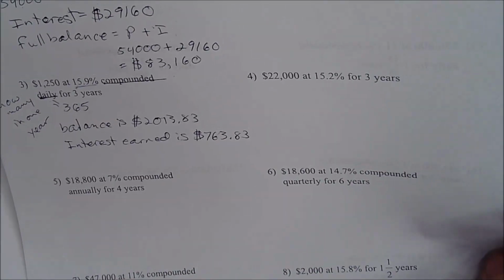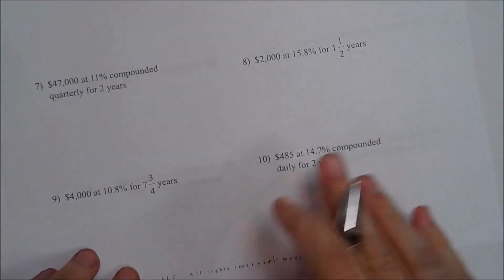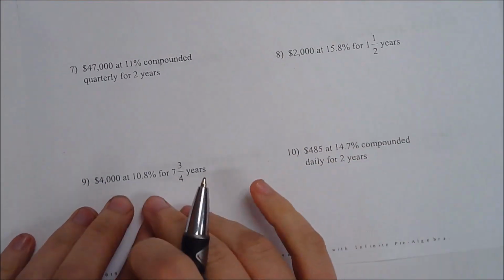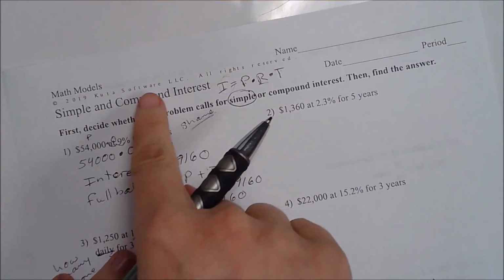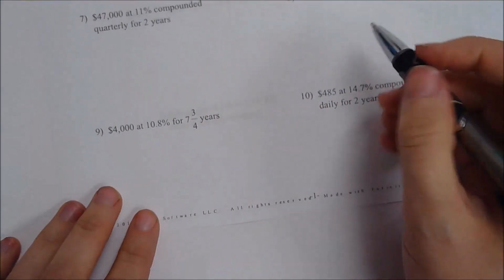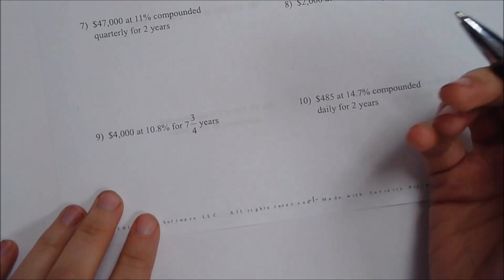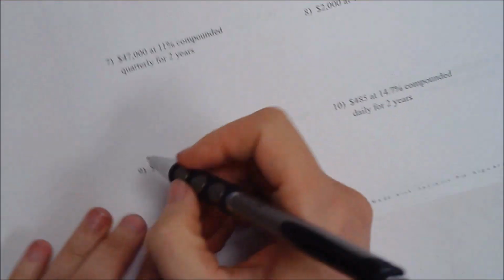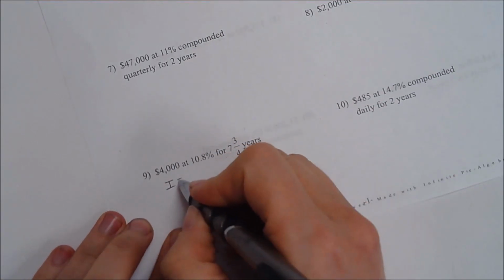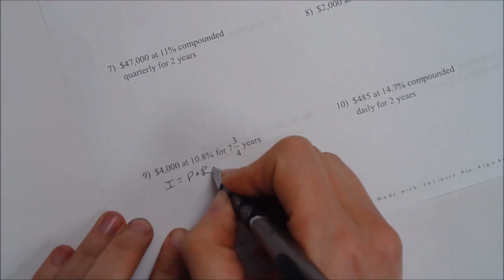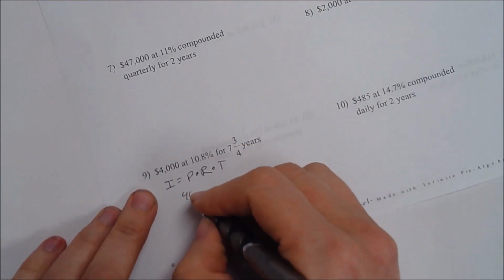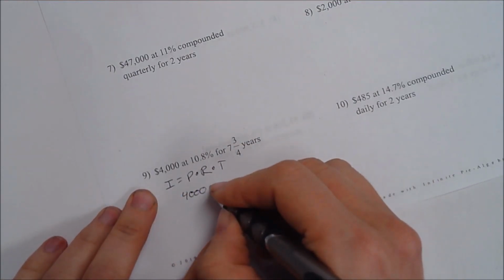So let's do number 9. Okay. So first you have to decide, is it simple or compound interest? So remember, if it doesn't say anything about the compounding periods, then it's going to be a simple interest problem. So this is going to be simple interest. That means I figure out interest by taking principal times rate times time. My principal is $4,000. My rate is,